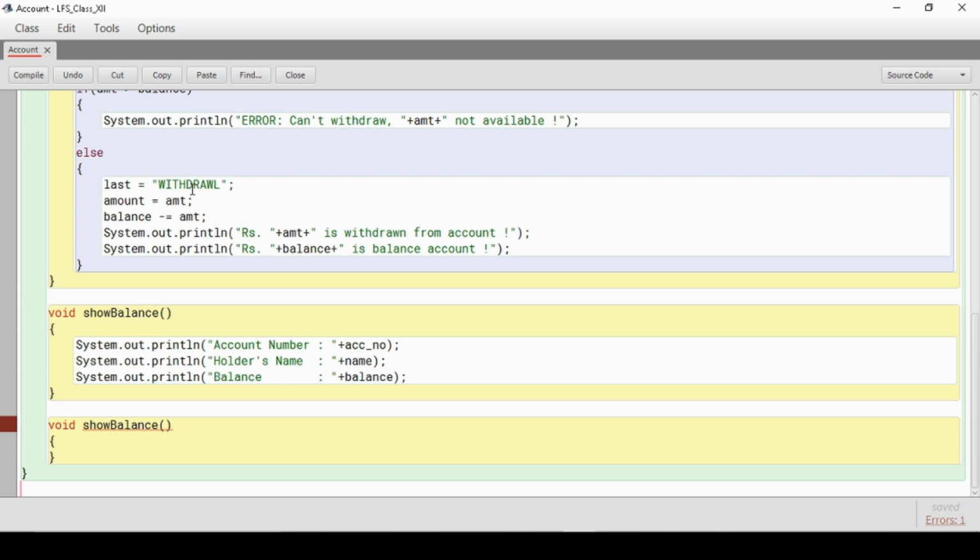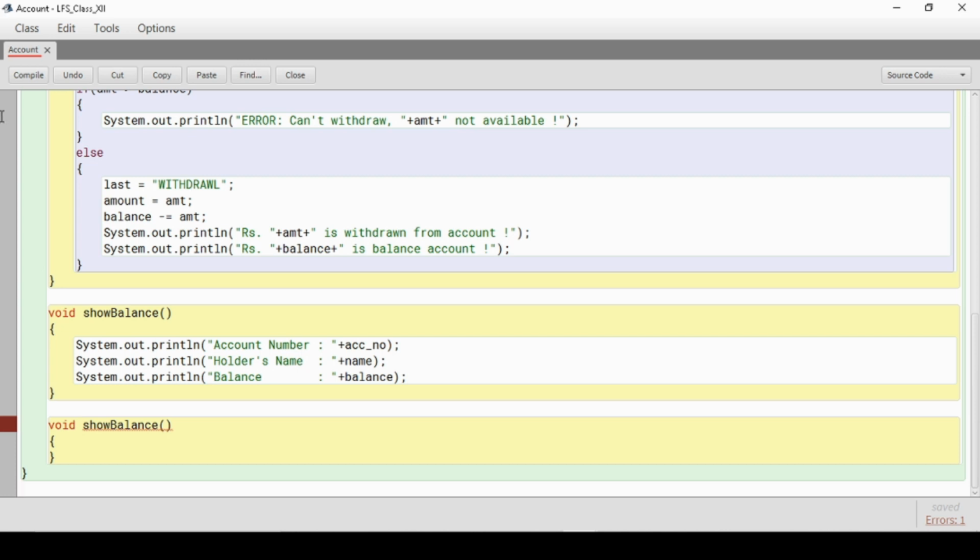If you haven't gone through the last lecture, you can click on the top right corner right now and go to that lecture. In the last lecture I told you, if you want to do method overloading, if you want to make more than one method with the same name, you have to change the signature. So here I have to change the signature.